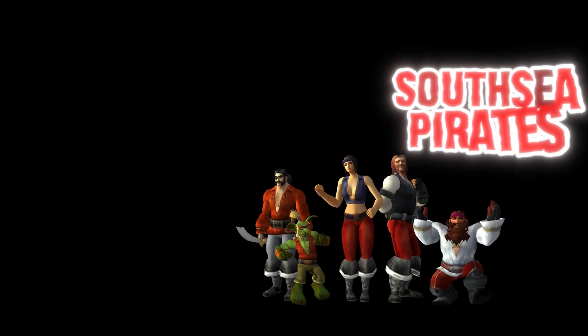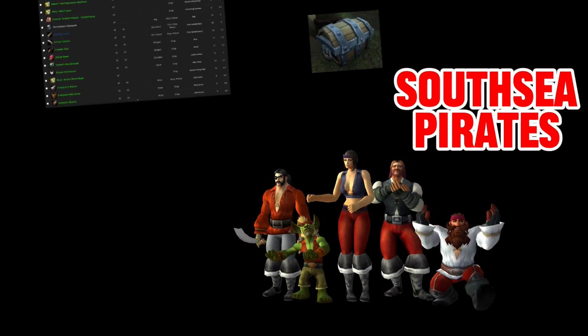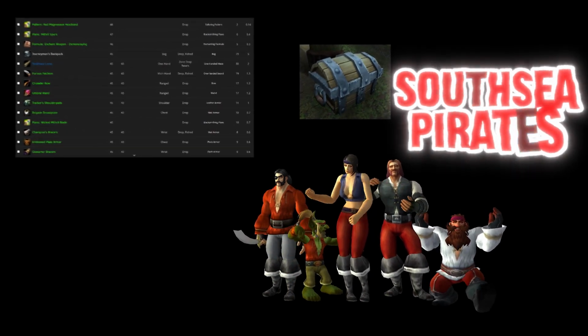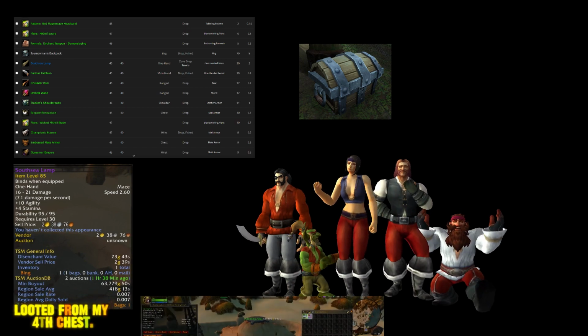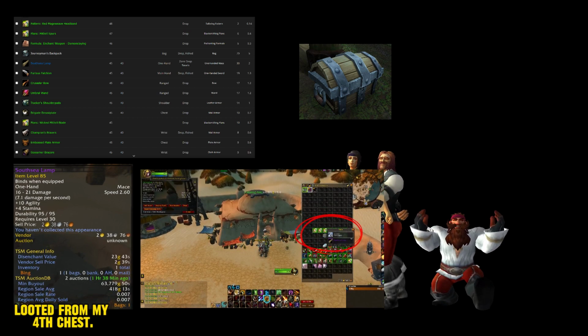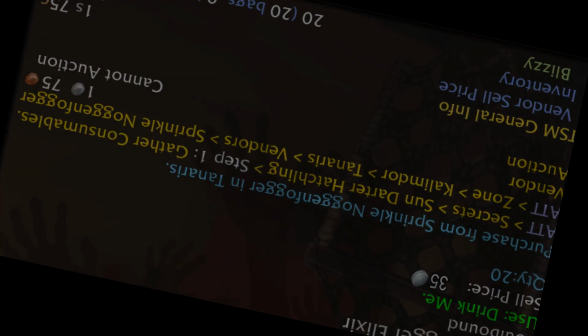As you are running around the area killing anything that moves for rep, keep your eyes open for any pirate treasure chests that can be found, as you just never know what the pirates are hiding. The chests look similar to the picture on screen, and have a massive 186 loot table of all zone drops and a few extras. The main reason why you would want to put yourself through another rep grind is because